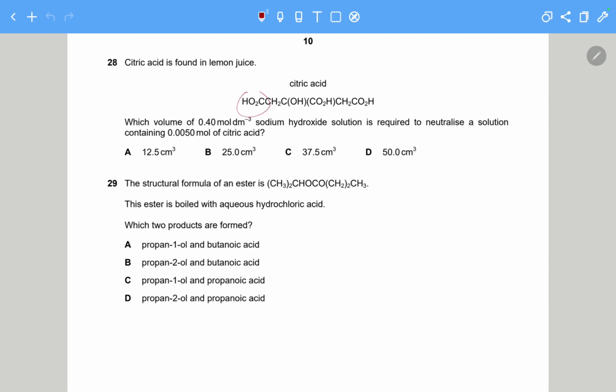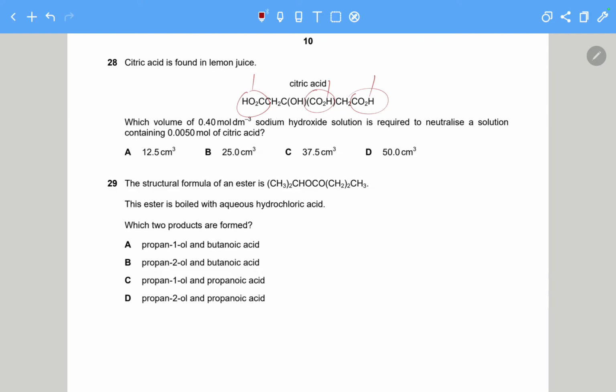So there are 3 carboxylic acid groups, which means essentially citric acid is 3 acids in one molecule. It's better to look at it that way, which means that 3 carboxylic acid groups means that 1 mole of citric acid will require 3 moles of sodium hydroxide, 1 mole each, to neutralize one of the carboxylic acid groups. One for this one, one for this one, one for this one. So